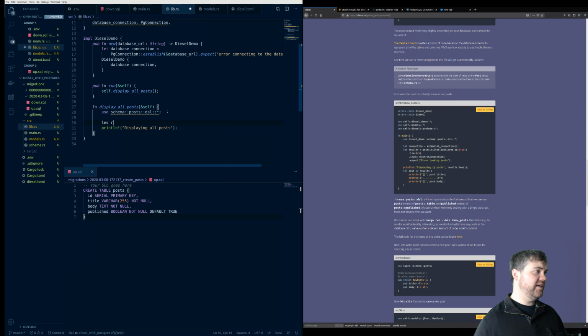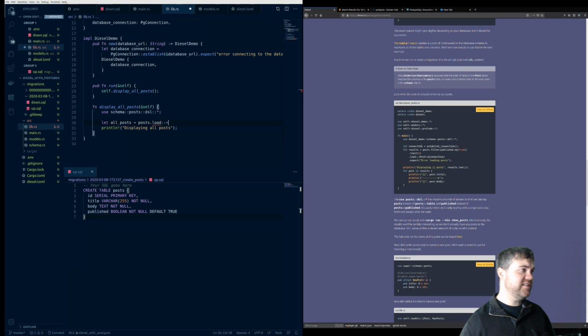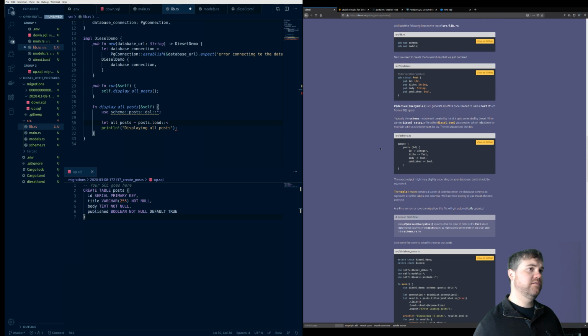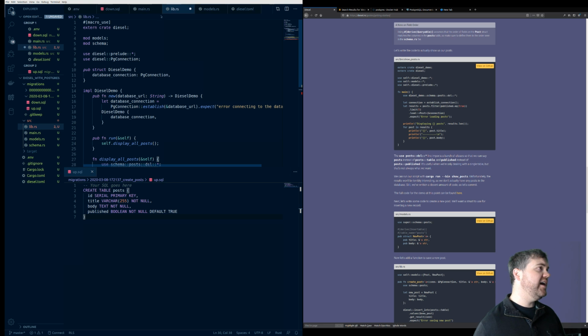So let all posts equals, and we're going to do posts dot. We don't need filter. I don't need to filter any of them out. I just want everything. I don't want to even limit anything. So I can just go straight to load. And I now need to give it the type. And so here's the key of using the model. This is going to be, nope, this one. This is going to be our,